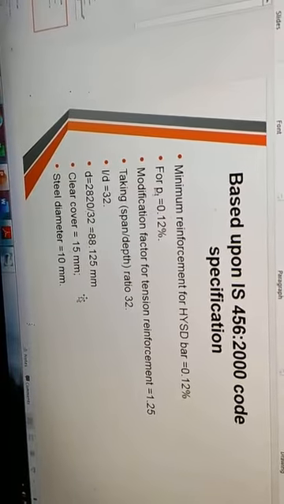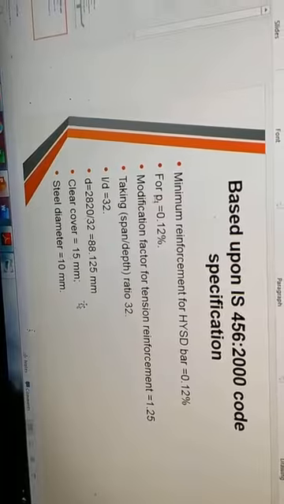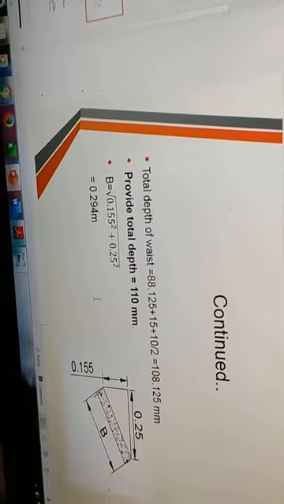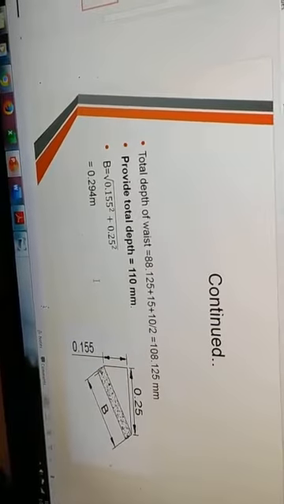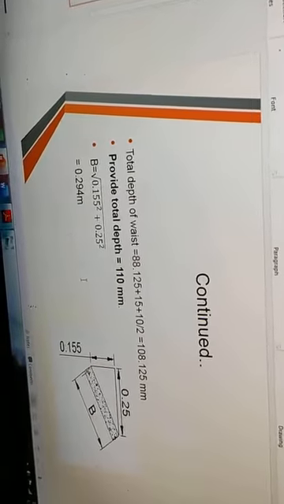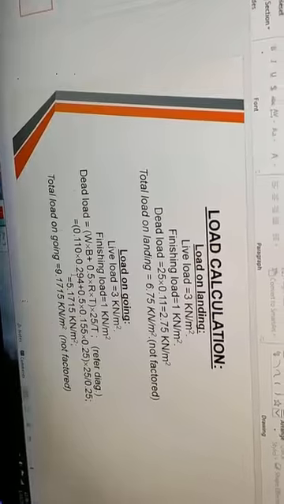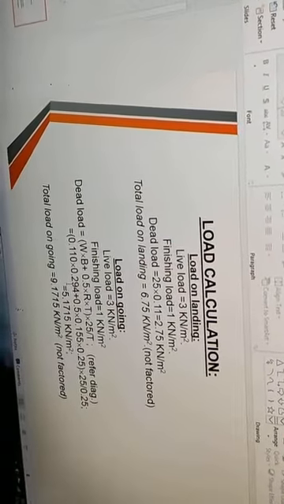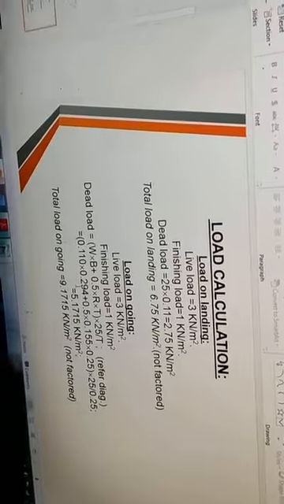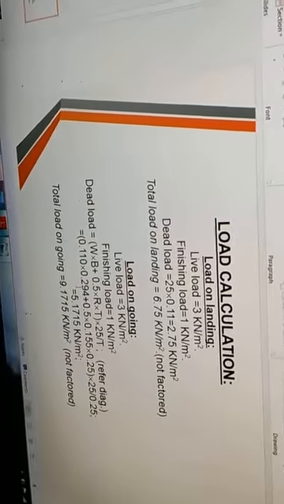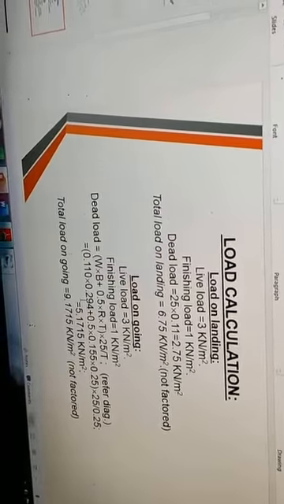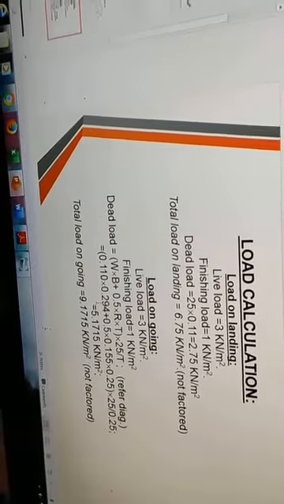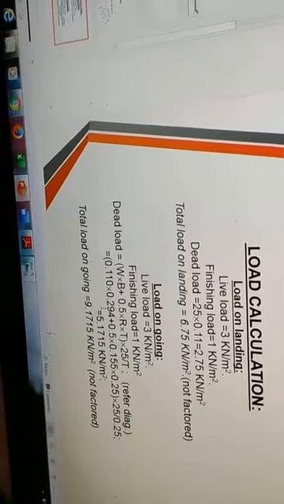This is the same procedure that I used in the case of slab. Actually, in the case of a staircase we design this problem like a slab also. This is the load calculation. The load comprises live load and dead load, and we also use the finishes. If the value is not given, we assume the finishes as 1 kilonewton per meter square.